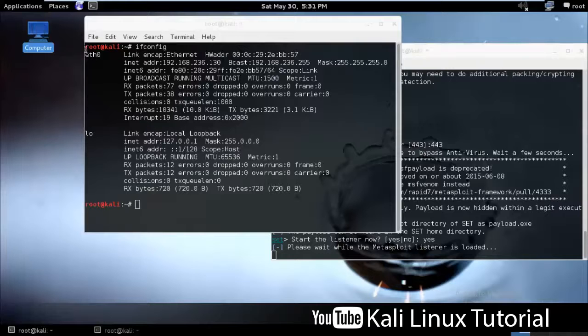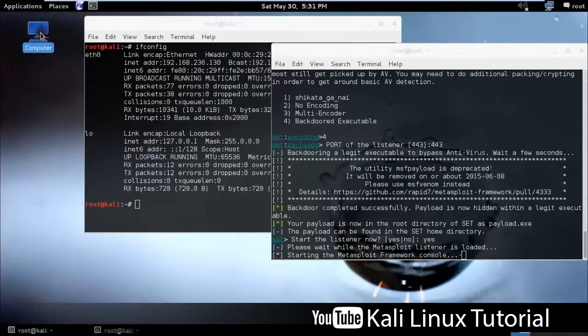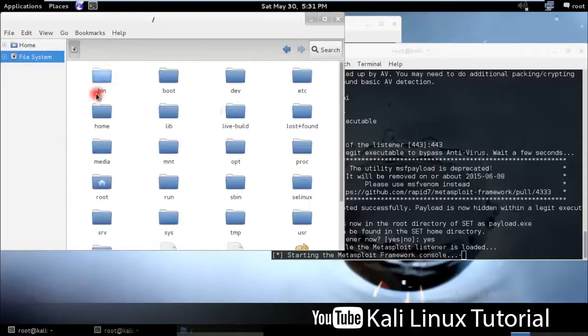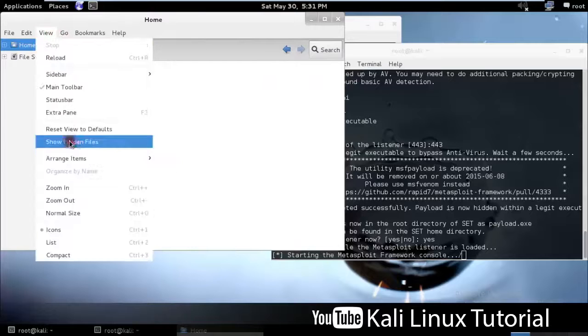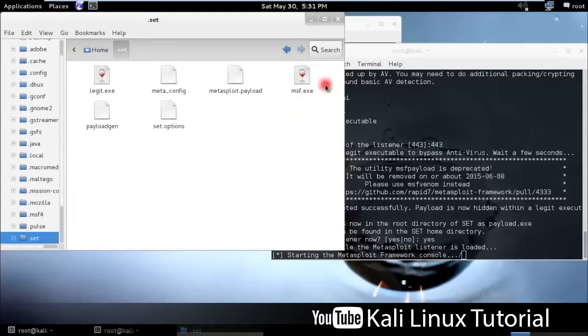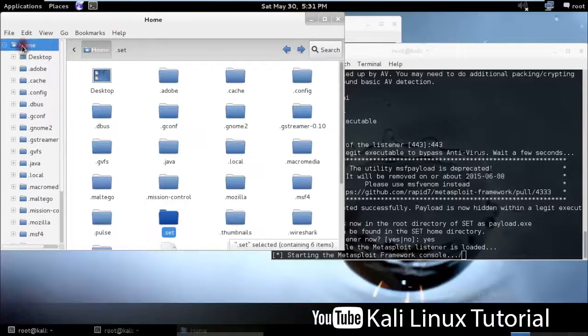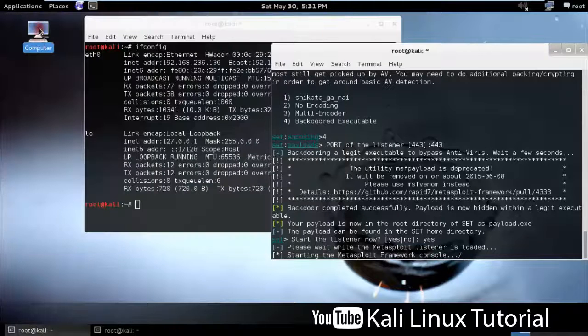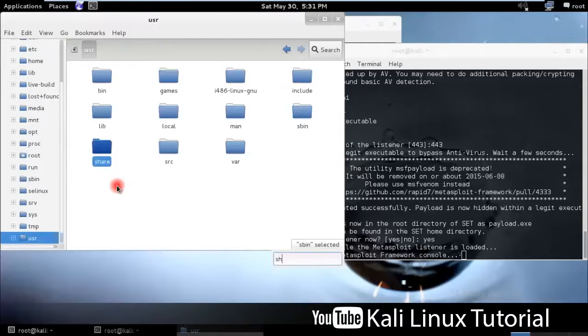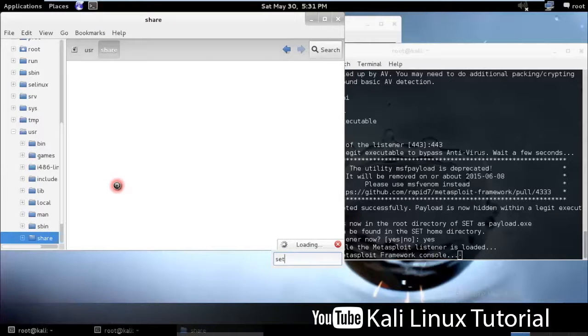Let me check my payload. It is in the SET home directory. While the MSF console starts, it will take quite a time. I'll go to the root, file system, user, share, SET.